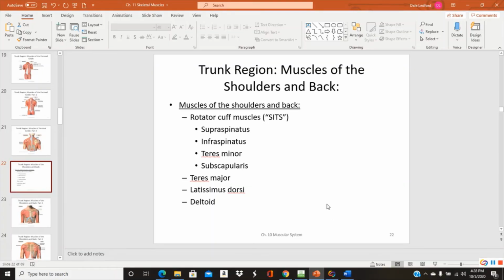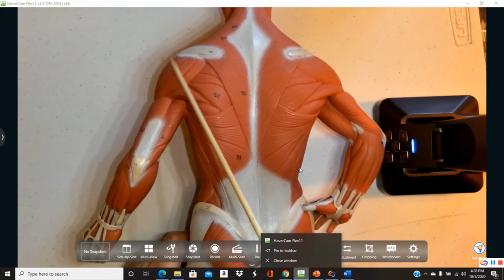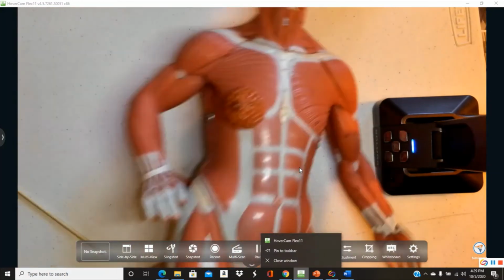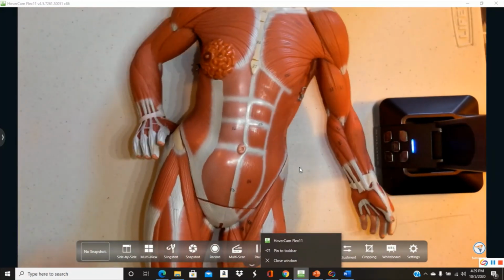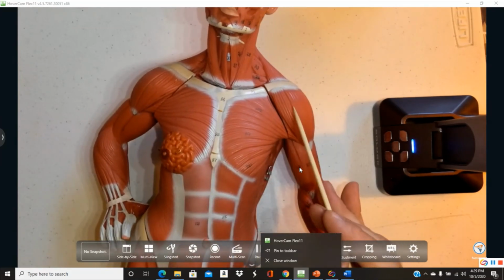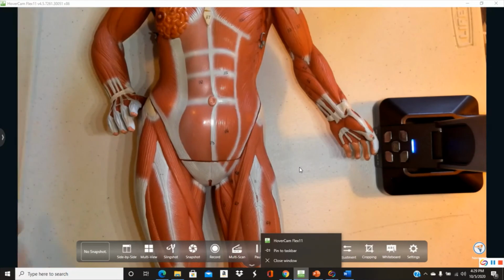And the deltoid, which is going to be found here and here. Now let me turn it to the front so we can see it better. The deltoids form the rounded structure to your upper shoulders, the deltoids. Now, I will show these again as well when I use the arm models in my next video that I do,